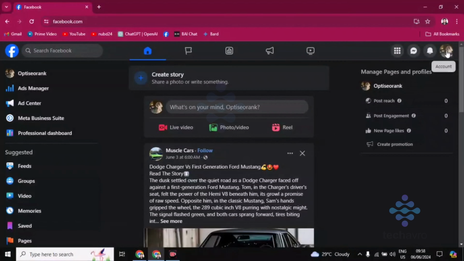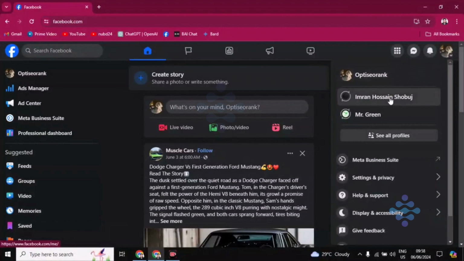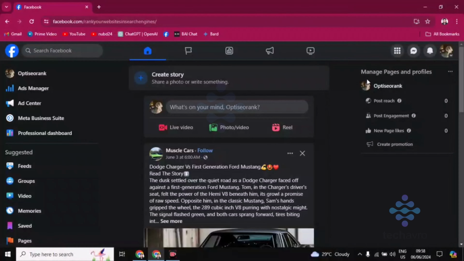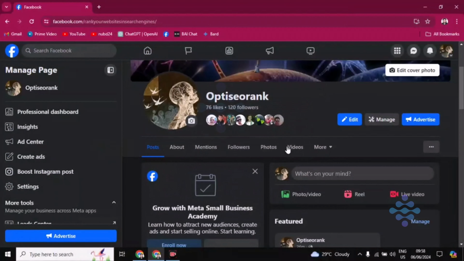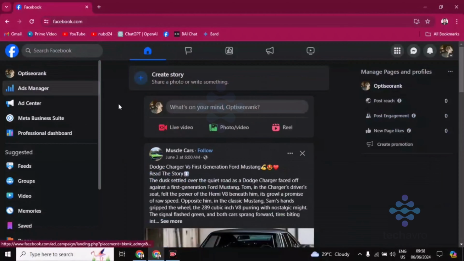You have to click on top right corner this profile icon. Then you can see that your Facebook name and your Facebook page name. You have to click on the Facebook page name and it will automatically toggle to that Facebook page name. Okay, so after that you have to click on this Facebook page name again, which is bottom left corner, this